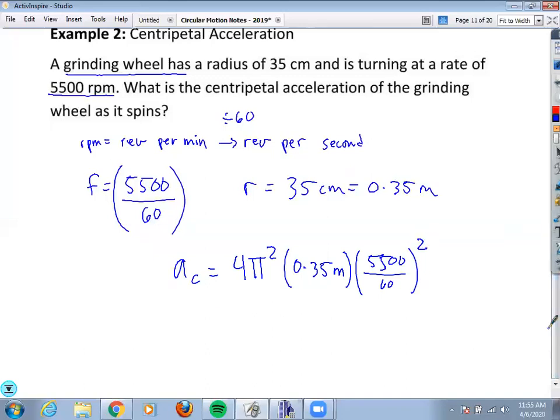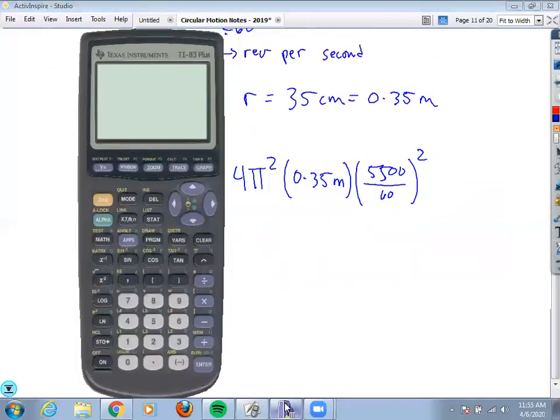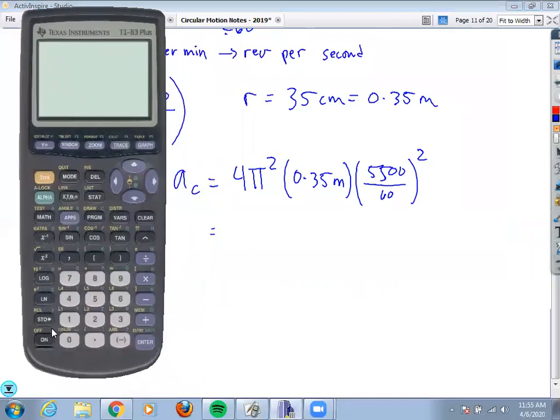We can plug all that into our calculator in one step: 4 pi squared times 0.35 times 5,500 divided by 60 squared. And you get a large number, 116,104.9, so 116,105